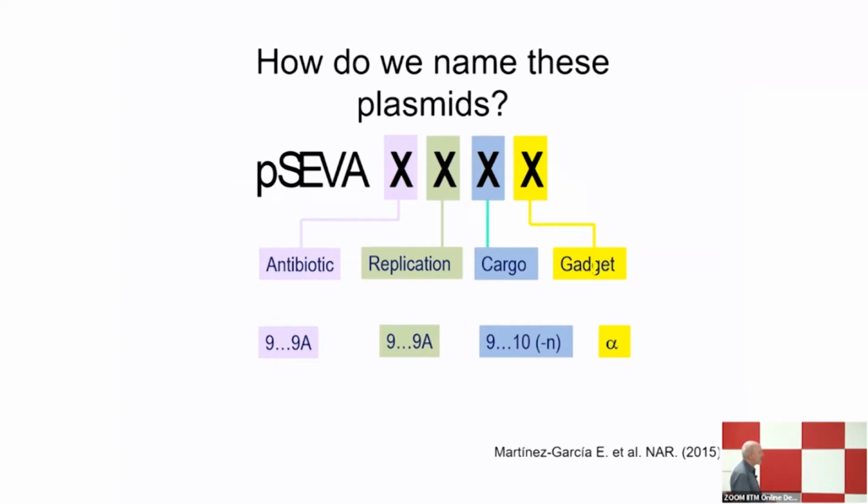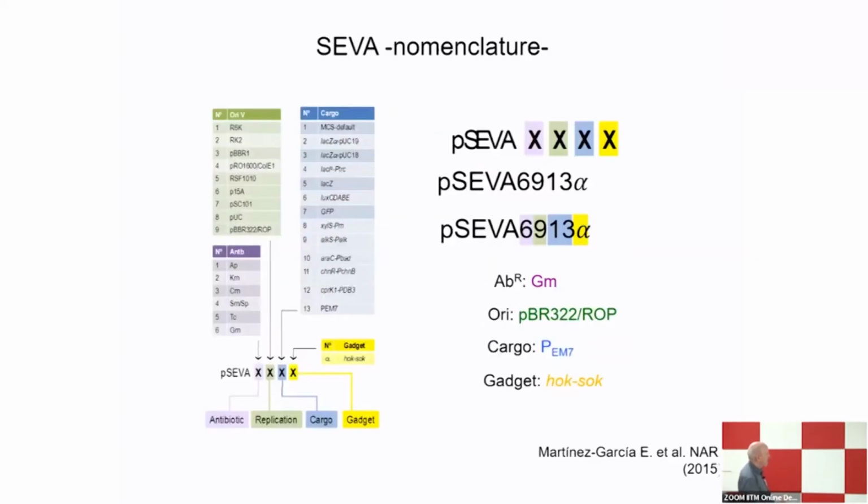And this is sometimes confusing, so we propose to have a standard nomenclature for a number in the plasmids in which you have a numerical code, and in each position of the code, you have a number that indicates the antibiotic resistance of the plasmid, the replication origin of the plasmid, the cargo, and the gadget. So gadget is something that you add to the frame to incorporate a new functionality that might be of interest, as you will see a case later. For instance,